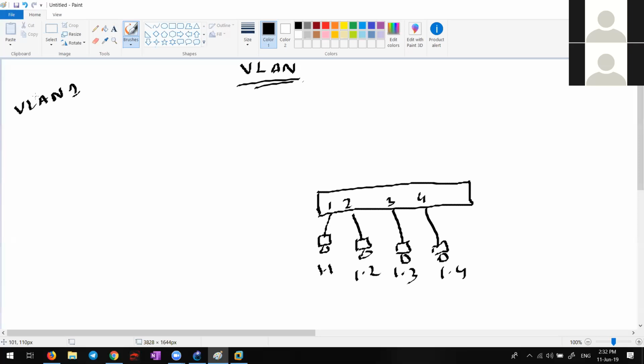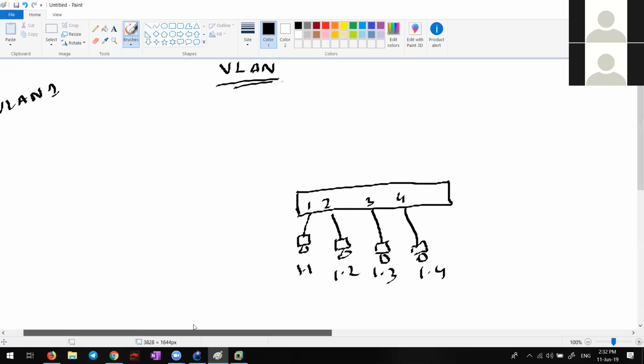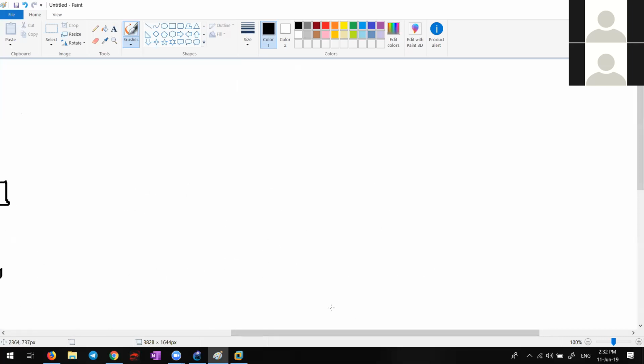So that's the reason all of them reside in VLAN 1. Now, somewhere in the frame, which we will discuss later, some bits will be reserved for VLAN information, correct? How many bits will be reserved in a frame for VLAN information? 2 power how much is 4096? 12. Correct? So how many bits are reserved for TTL value?